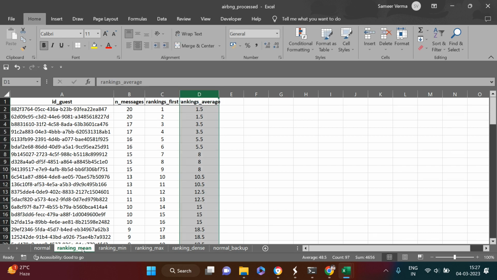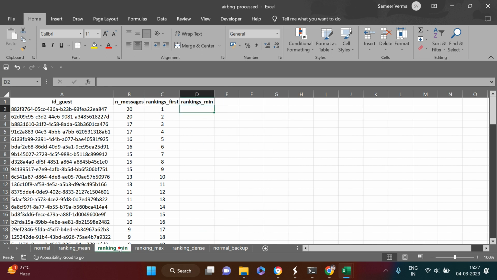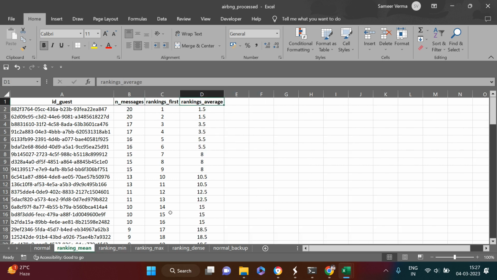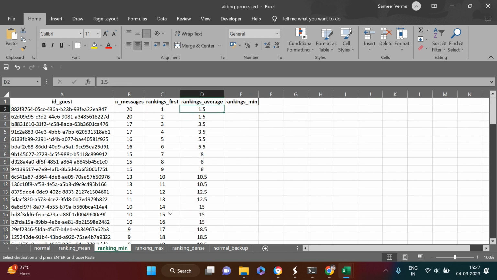Average, this is the average ranking. Okay, so I just hope that it was clear. So it gives 1.5 to both of the customers who have the same number of messages. Then it comes to min. In min, what happens is, let's say it first finds the average ranking,